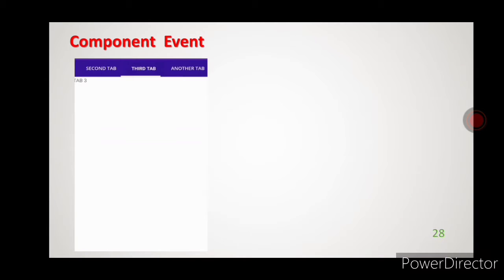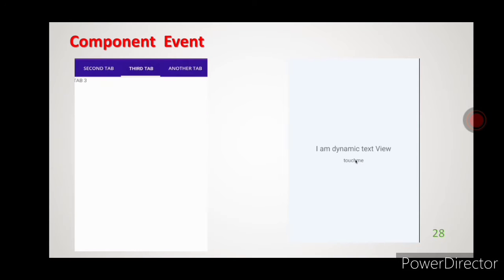Are you seeing this image? The tabs are changing. When the pointer clicks on a tab, that tab becomes visible and the position of the tabs is changing. See here, there is a Touch Me button. If I click on that Touch Me button, it is showing some text. Whatever tabs and buttons we are using now, we can call those components. And this event is generated when the visibility, position and size of a component is changed.